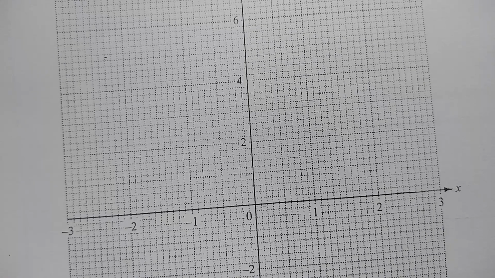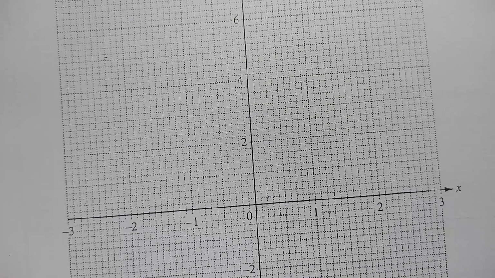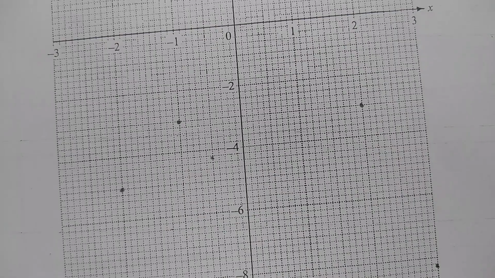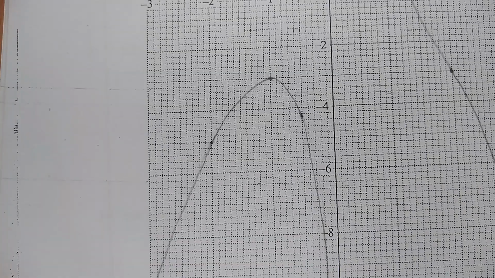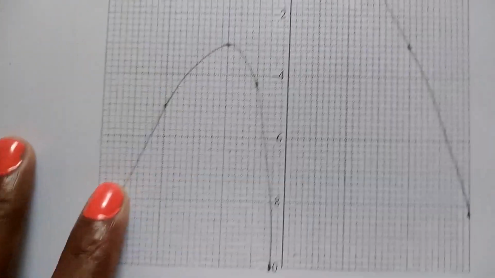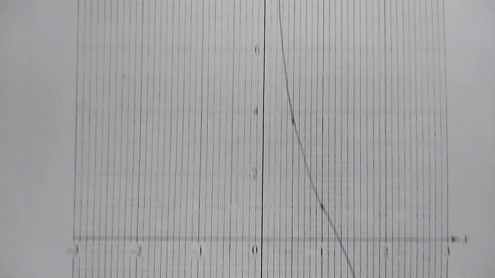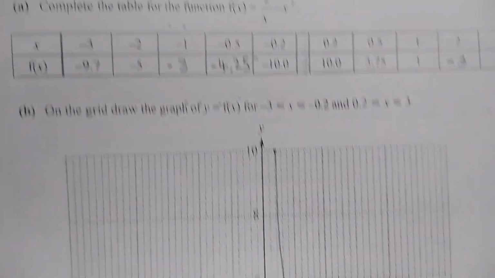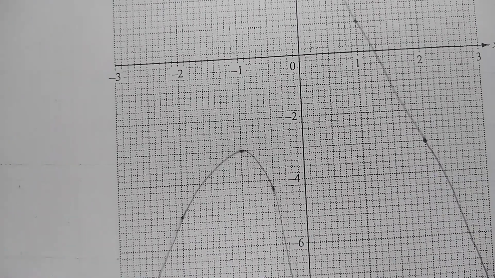Now, you can plot your coordinates. We have our coordinates, now we can join. We managed to join our graph. Okay, so we have something like this. Now see,